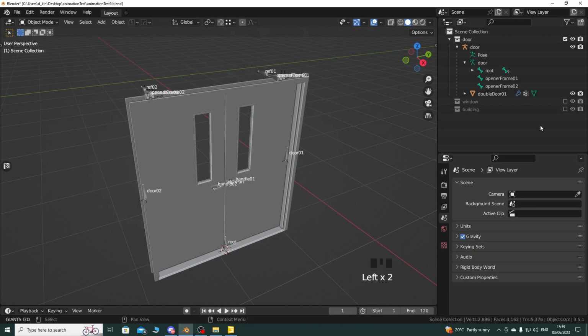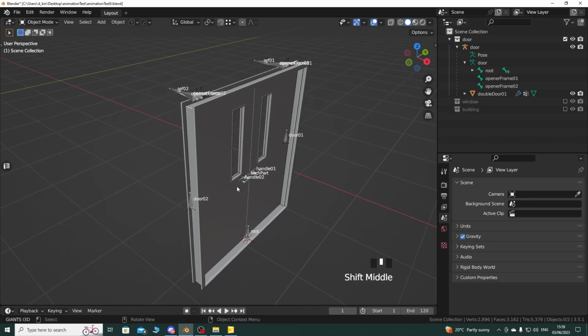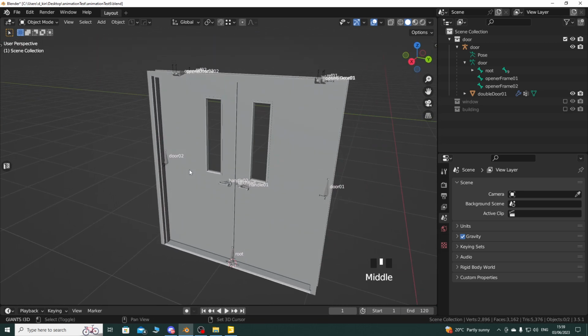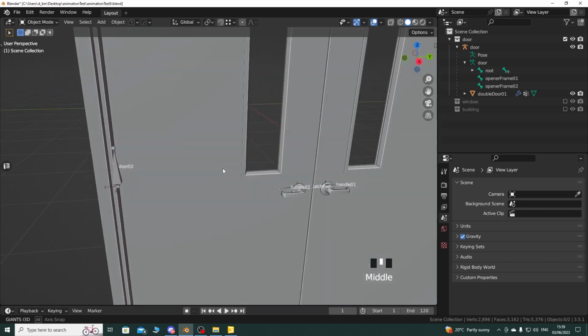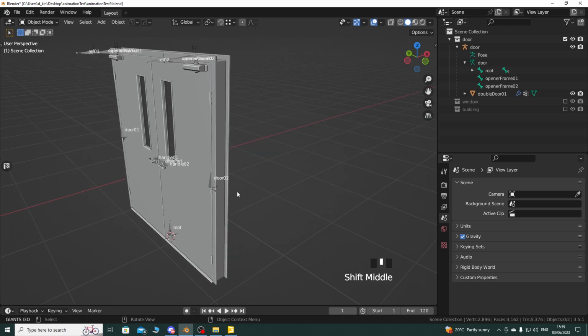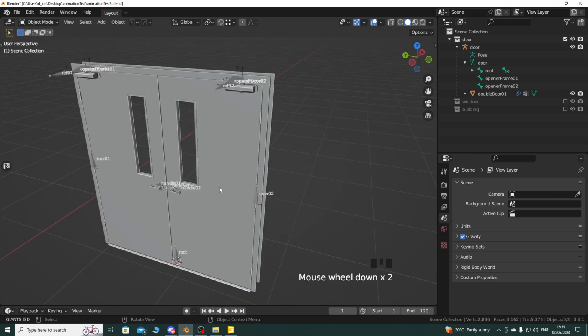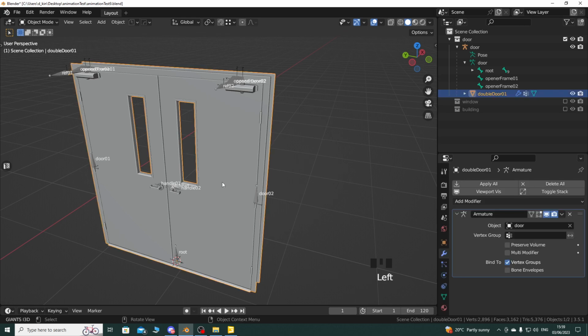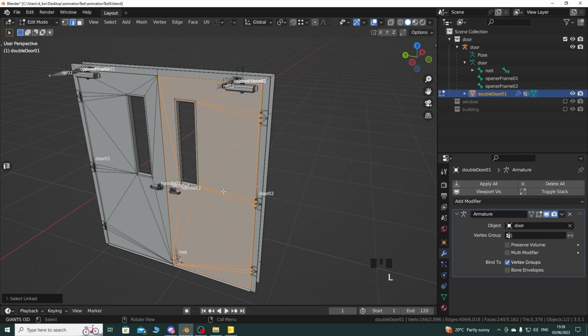Actually, let me just get rid of that. The building I'm not bothered about, that can just be a collision of its own. But the doors here, I think I'm going to need to potentially create a proper collision for this. So I think what I will do then is let's do this